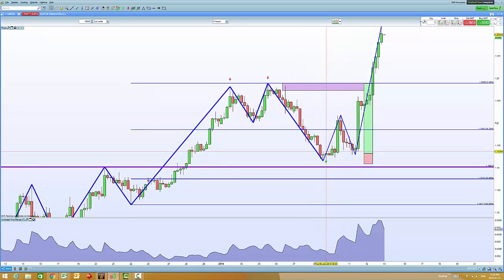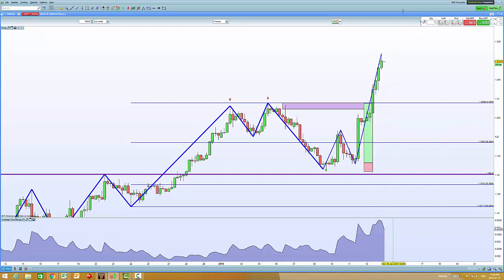We saw some decent reversal candles. We got involved in the long side. We managed to put our stops just below this level over here. So very, very small risk that we had running. And then the market pretty much pushed to the upside. Bit of a retracement over here as it pulled back to open, but then it popped to the upside and we hit some decent targets over there.